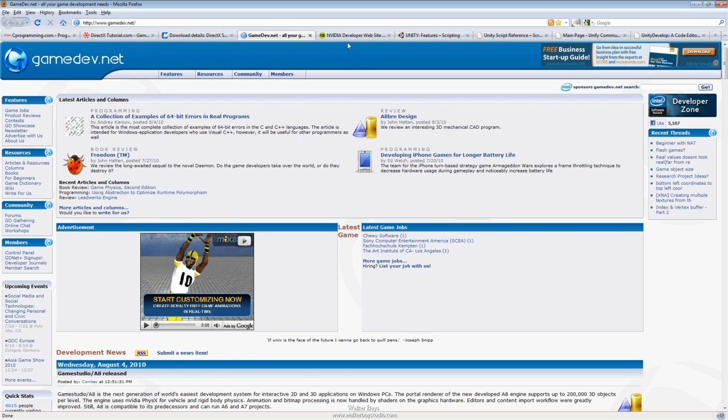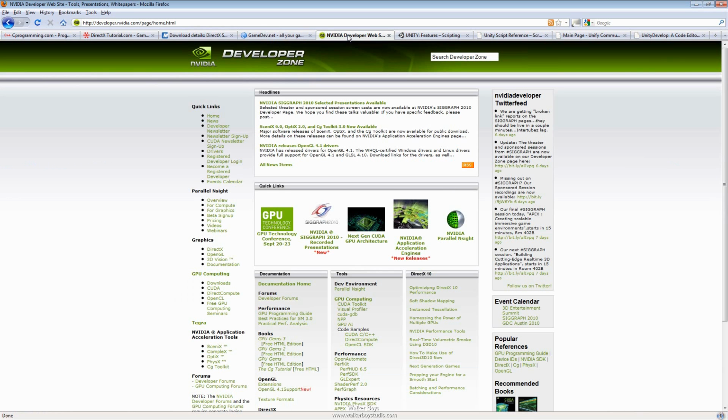And then another additional thing, we'll do one more here, is that NVIDIA has a really great site. So if you get into programming and then your passions take you more towards the shader side, you want to get into NVIDIA's Developer Zone. The Developer Zone provides you with a lot of really useful tools, but also a lot of free books to read up on and to understand as well.